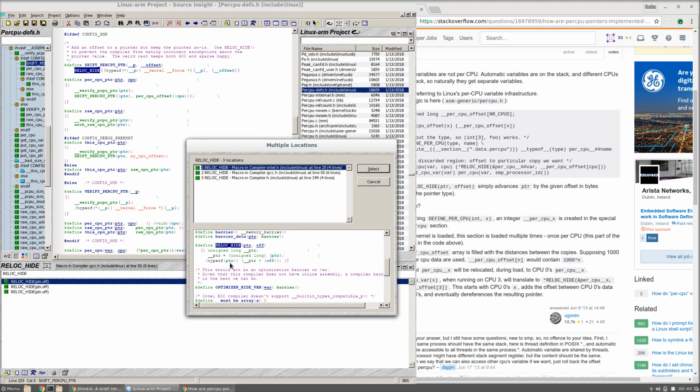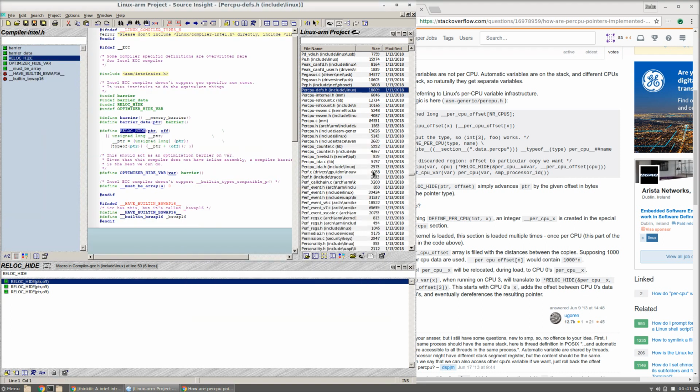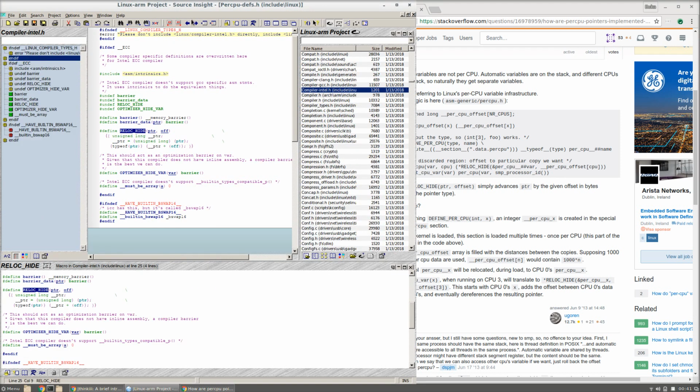especially this part here, the typeof C extension. It's a GCC extension, I believe, and what it allows is, given a pointer, typeof will resolve the type of the pointer for you and place it over there, so that eventually when you return the value, it will be of the appropriate type. Okay, so we can go back,